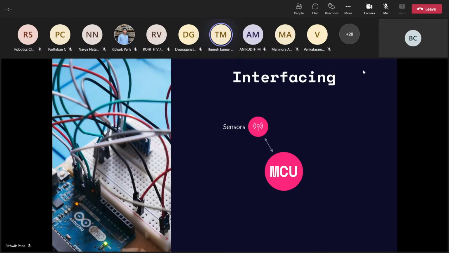Okay, what is interfacing? Guys, can someone tell me what interfacing is? Try to give some examples of microcontrollers used in your home, like washing machines, remote controls, what else? What does the term interfacing mean? You can unmute and tell, no worries, or you can put it in the chat box also.